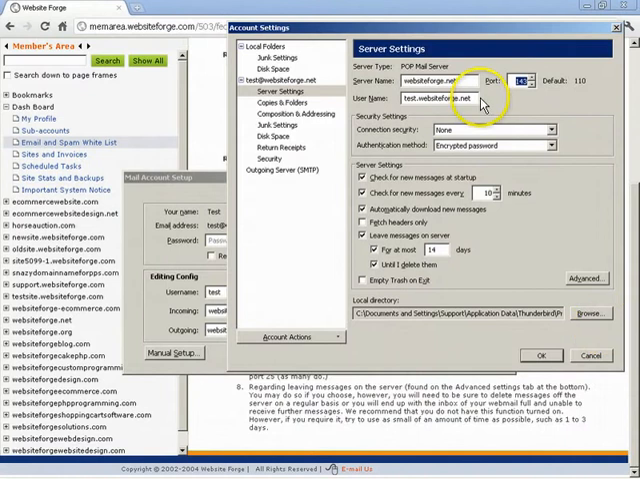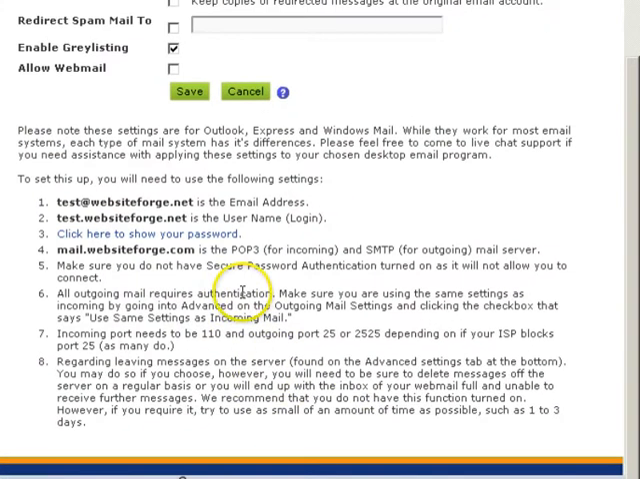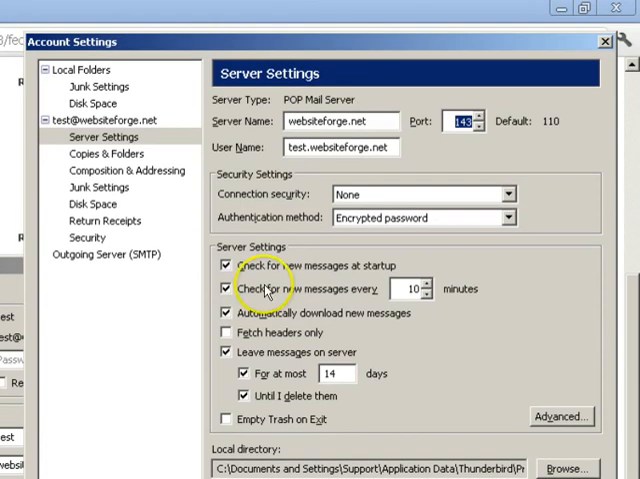Next, we're going to look and see what the server name and port number need to be. Come back here, and the server is mail.websiteforge.com, and the incoming port needs to be set to 110. So we'll go back here, paste that information in,